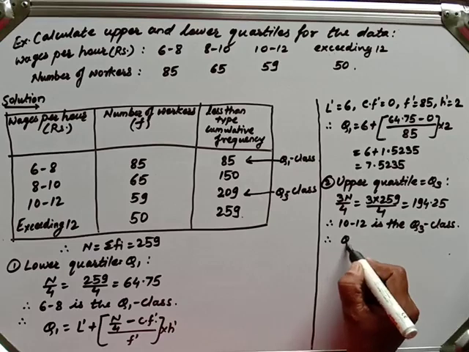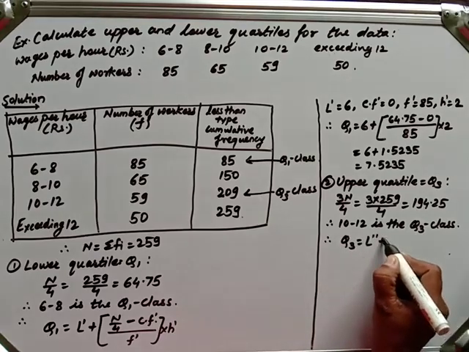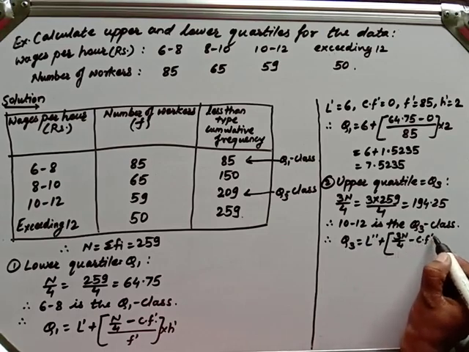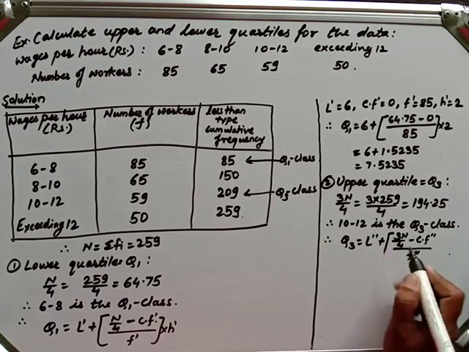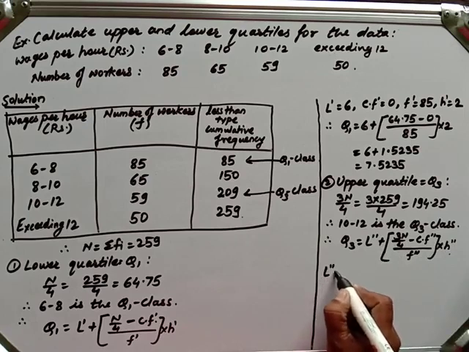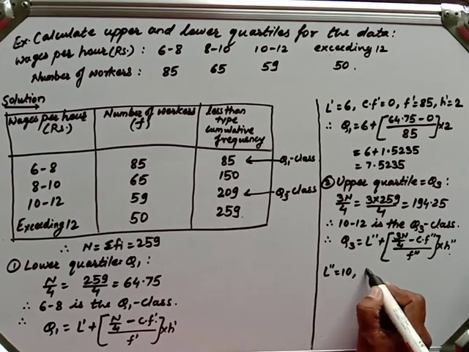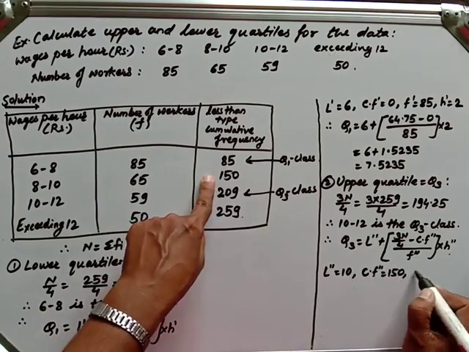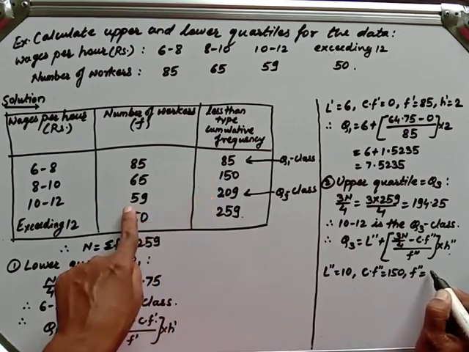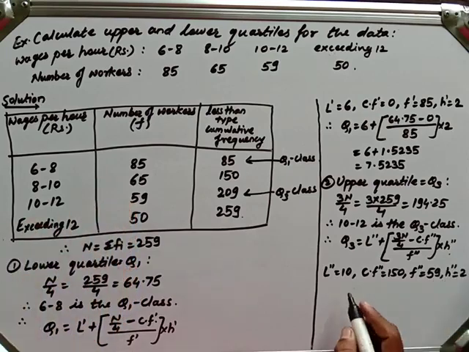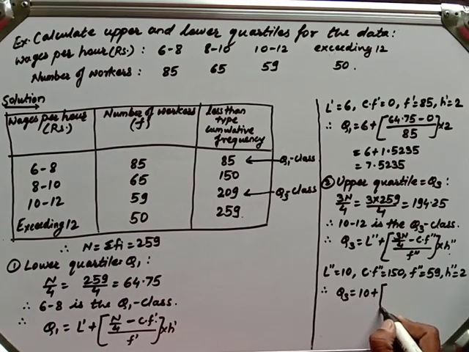Therefore Q3 has the formula: L double dash plus 3n by 4 minus CF double dash upon f double dash multiplied by h double dash. What is L double dash here? L double dash is 10. Then the cumulative frequency of the previous class is 150. Then f double dash means the frequency of that class, 59, and h double dash is 2 itself. Therefore Q3 is equal to 10 plus